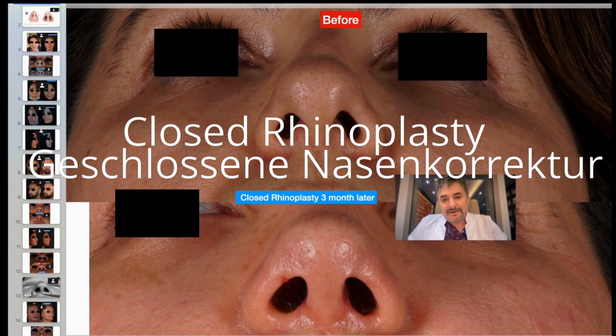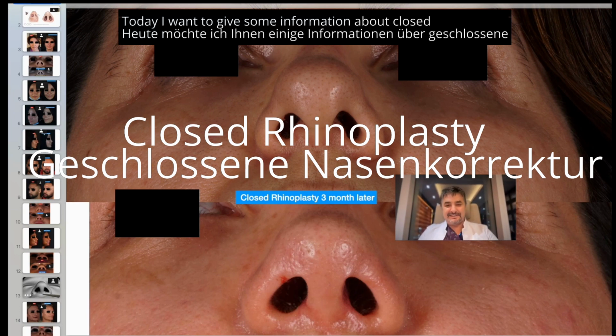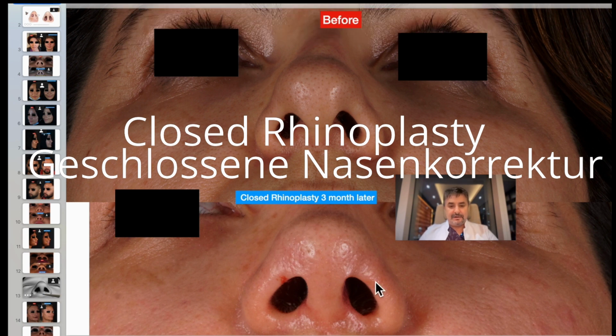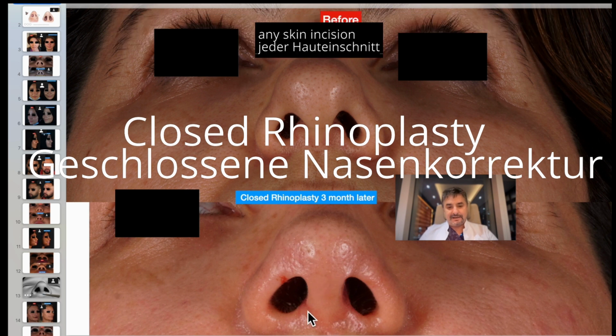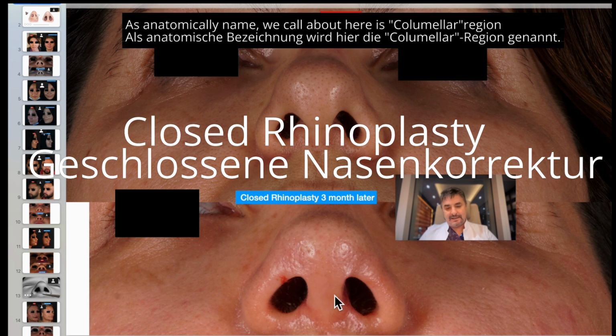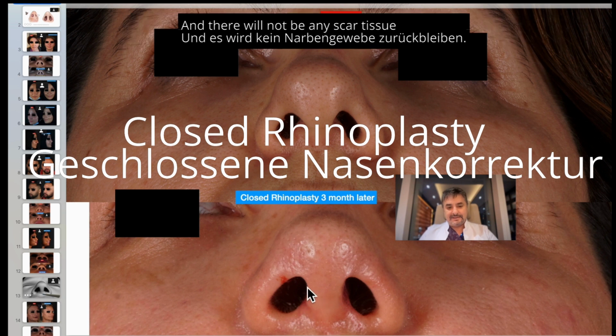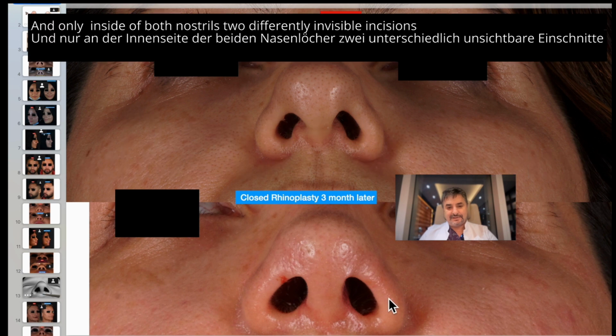Guys, today I want to give some information about closed rhinoplasty surgery. Closed rhinoplasty, as you know, is a technique without any skin incision in this area. We call this the columellar region, and there will not be any scar tissue. Inside of both nostrils, two different incisions, we can complete all this surgery